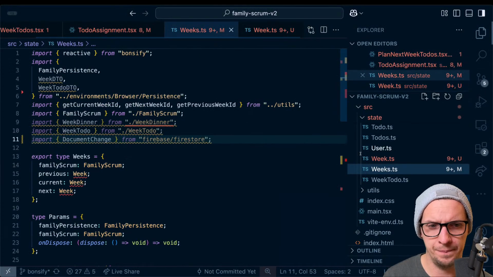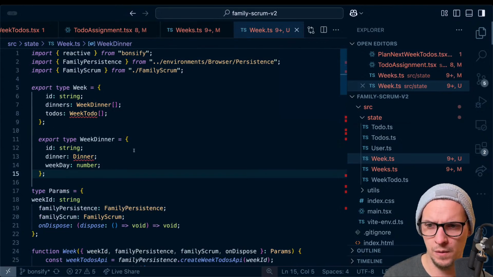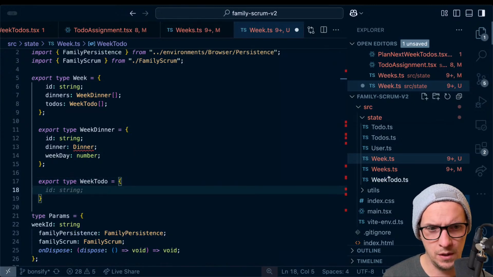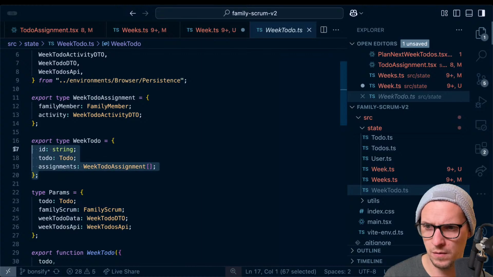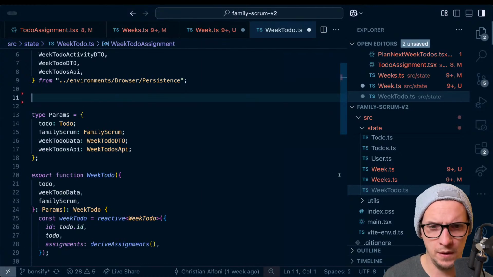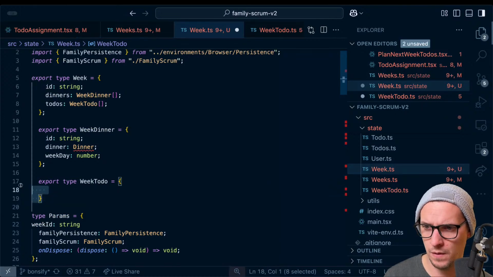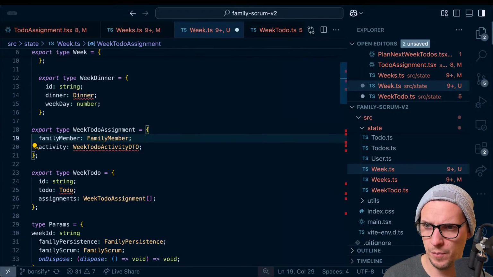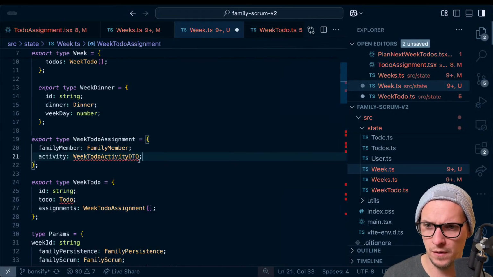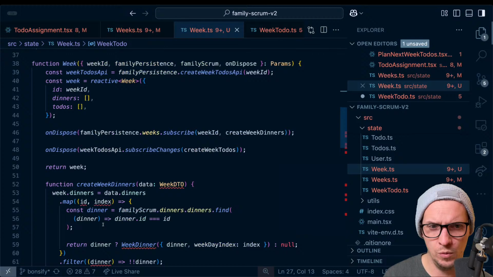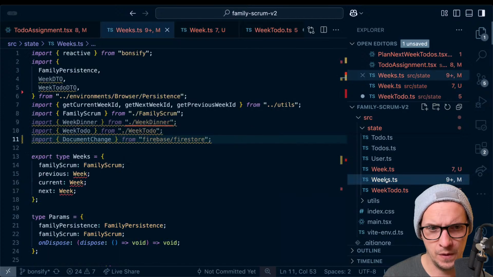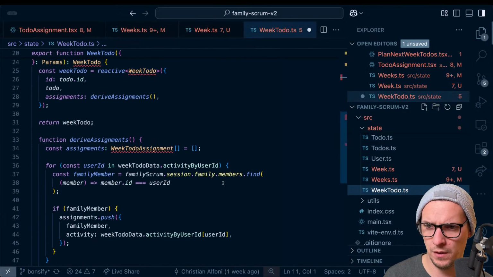Yeah, let's see. Week dinner, export type, week to do. And week to do is like this. So it's using a family member. This is using a dinner. Cool. Okay. So now we're dropping, let's see. Okay,